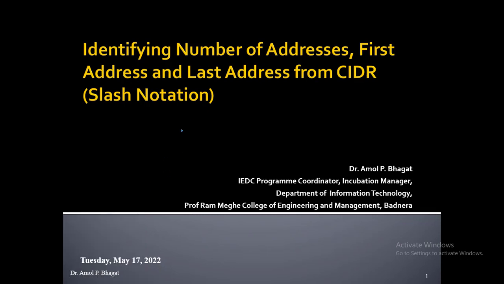Hello all. In the previous session, we have seen classful addressing, where we have seen five classes: class A, B, C, D, and E. We have also seen IP version 4 address, so a 2 raised to power 32-bit address space is there, right? Which supports more than 4 billion different devices